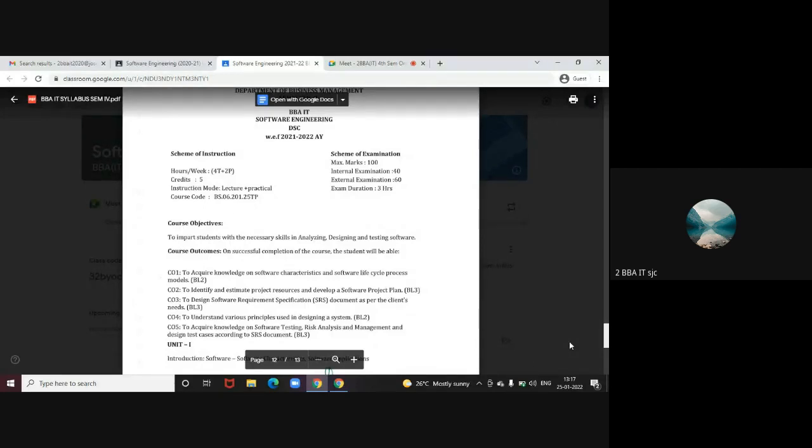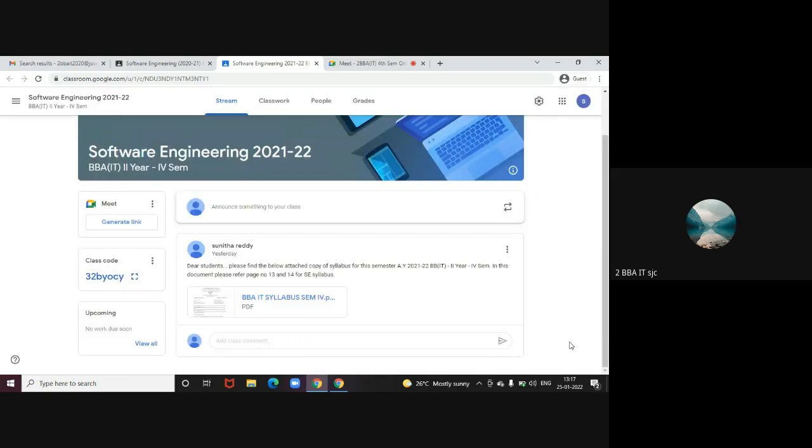again, assessment of the paper. It is a 100 marks paper, as you know already from your first year. 40 marks are internal assessment, 60 marks for external assessment. Sorry, 40 marks assessment, you know, right? 30 plus 10. 30 internal examination, 10 marks SBT. As we already did the same plan in semester 1 for the EIT subject, I hope you remember how we did it in semester 1.